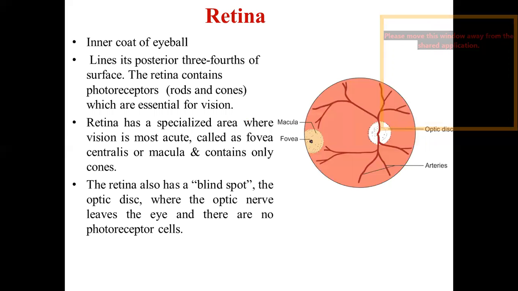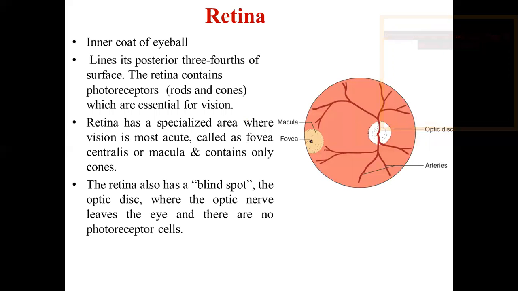Then we have the next important slide, that is of the retina. Retina is the innermost neuronal coat or nervous tissue layer. So it contains many signals transmitting towards the brain from the light or from the images. All images, they are imprinted on this layer. So this is very important layer, retina.